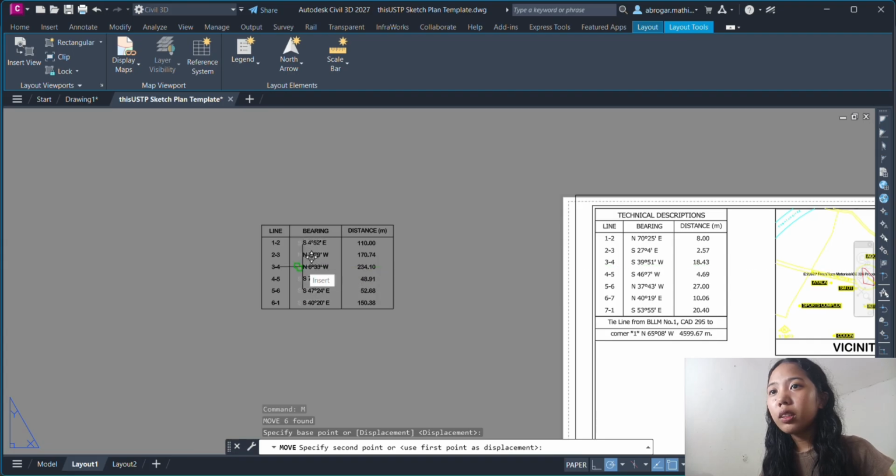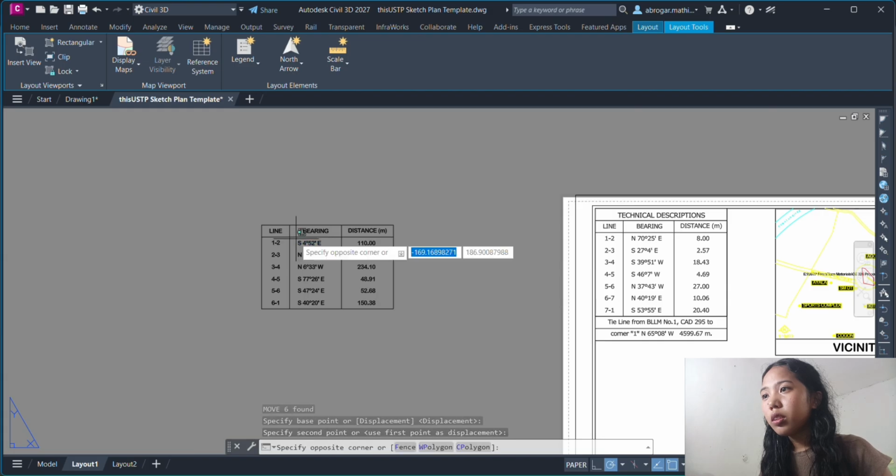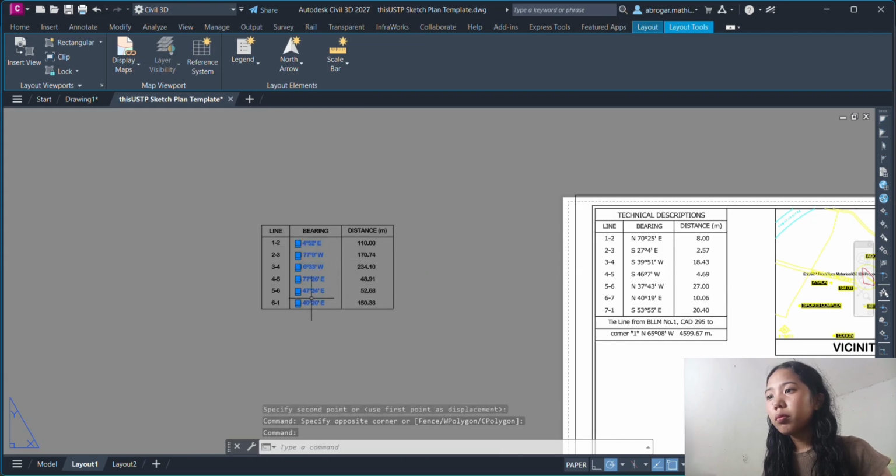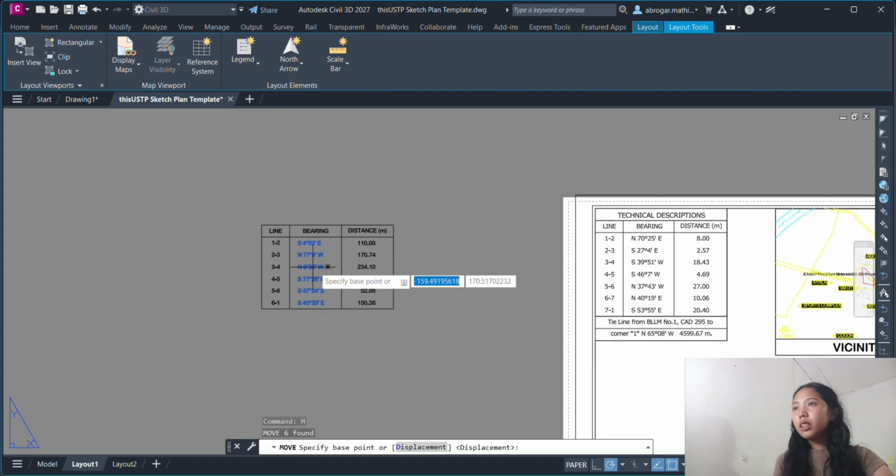Then copy this technical description. Copy this.